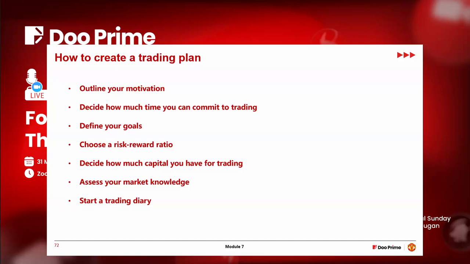Okay, I have $100. Out of this $100, I want to see if I can take 100 trades. By merely stating that, you're already saying you are willing to risk $1 per trade. It now depends on you if you want to do it in 100 days, no problem. If you want to do it in 10 days, still on you. So you're beginning to see the different ways your trading plan can come in. That's why I said there's no definite trading plan for everybody. You have to create your own trading plan, something that works with you.